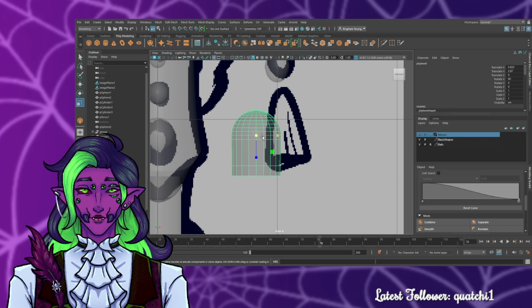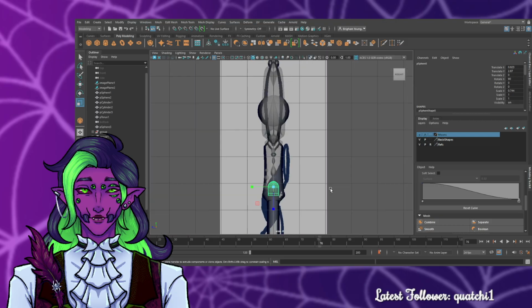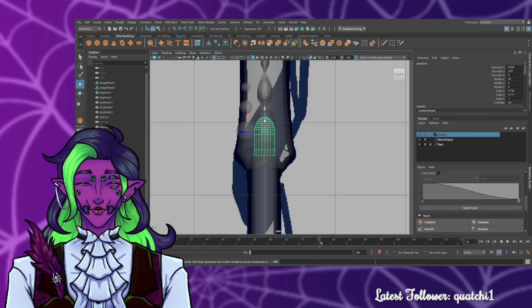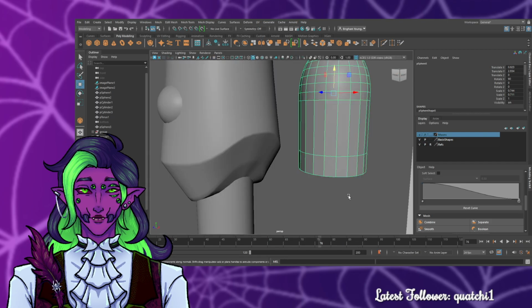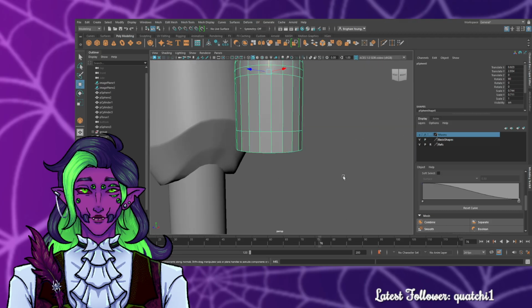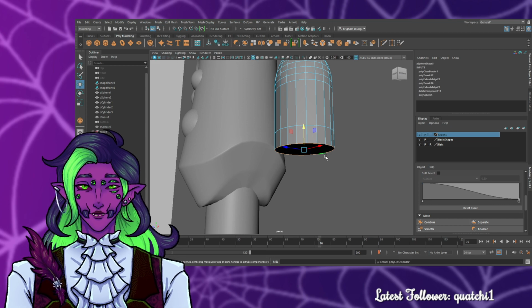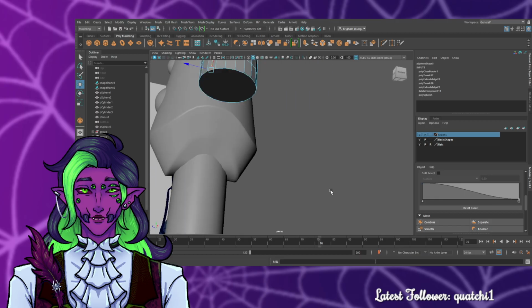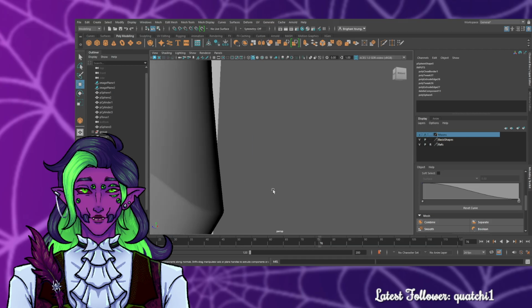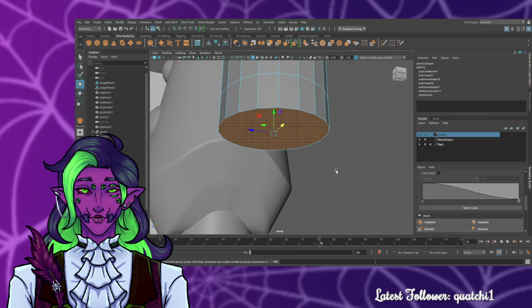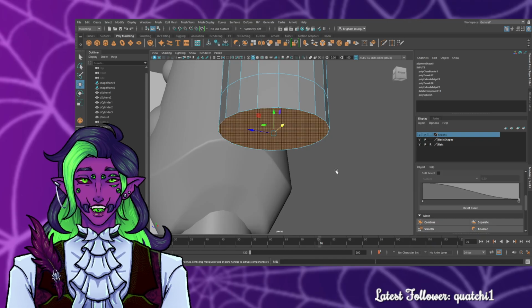Object mode, I'll just shrink it. Shrink it these ways. Back to edges. Mesh, fill hole. Faces. Yeah. Filled the hole, but it didn't add any more segments to it, but